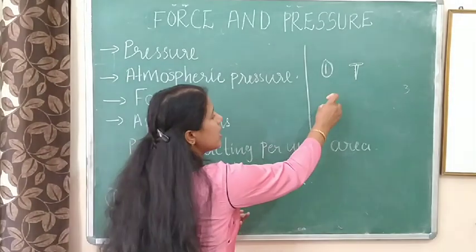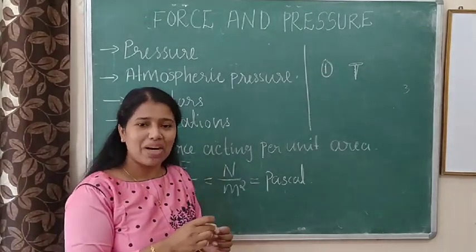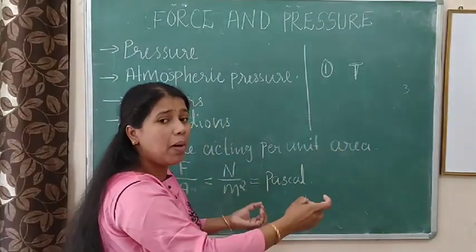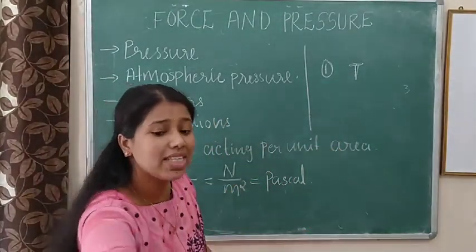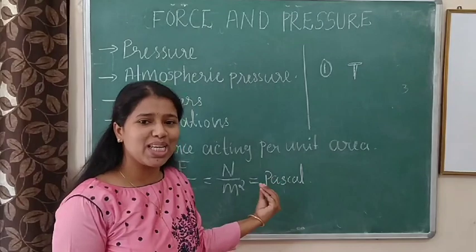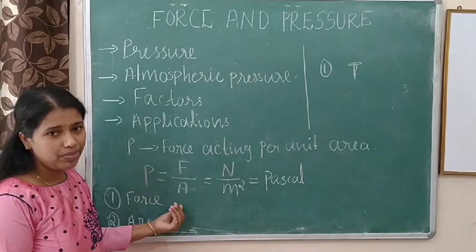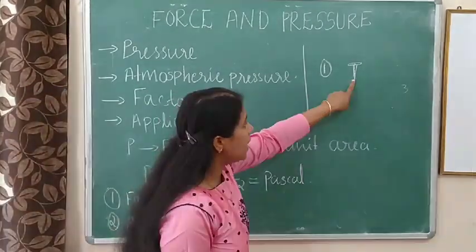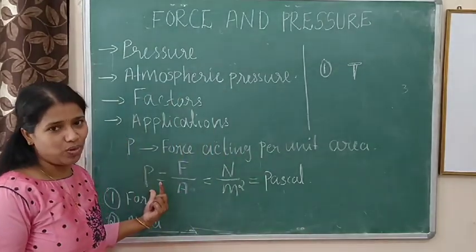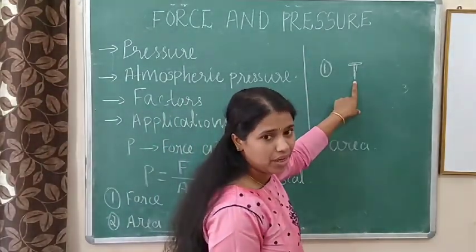If we use the back side on a notice board, it cannot go inside. But if we use this sharp side, it will go inside. What is the reason? Everyone knows the reason is that it is very sharp. But scientifically, we already discussed that pressure is equal to force by area. In a sharp pin, the area is less. Area less means pressure is more. Understood? That's why we use the sharp side.